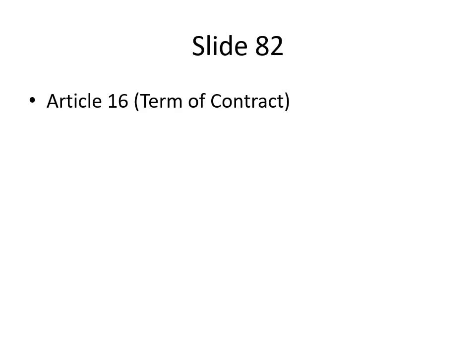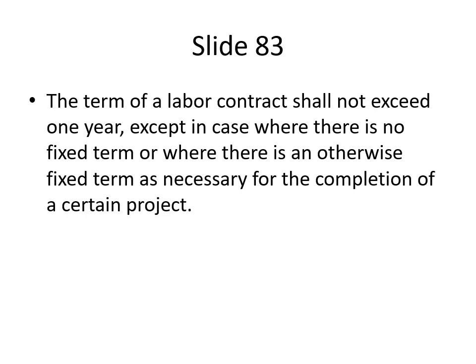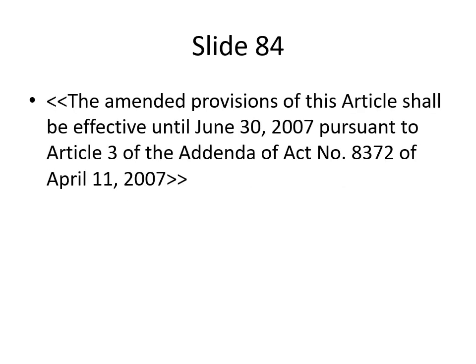Article 16. Term of contract. The term of a labor contract shall not exceed 1 year, except in case where there is no fixed term or where an otherwise fixed term is necessary for the completion of a certain project. <the amended provisions of this article shall be effective until June 30, 2007 pursuant to Article 3 of the Addenda of Act No. 8372 of April 11, 2007>